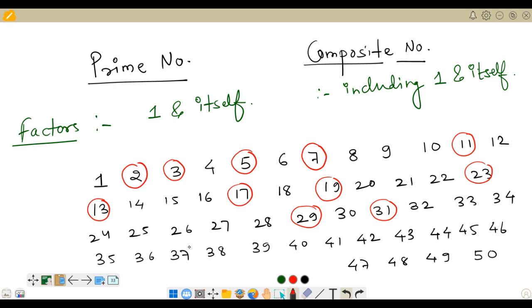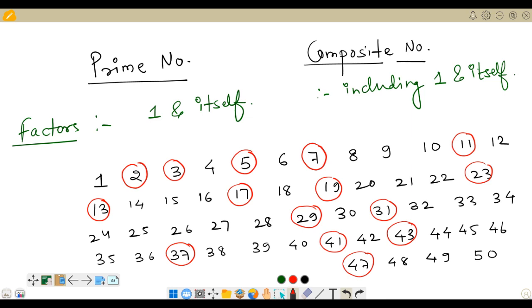No, we have one more, this one, 37. And 41 and 43, and 47. So you can see if you write the first 50 natural numbers,